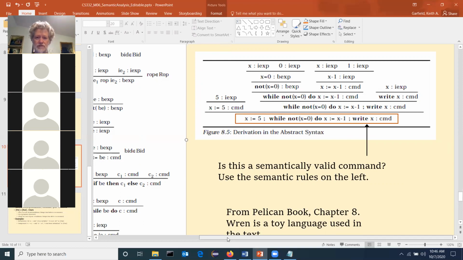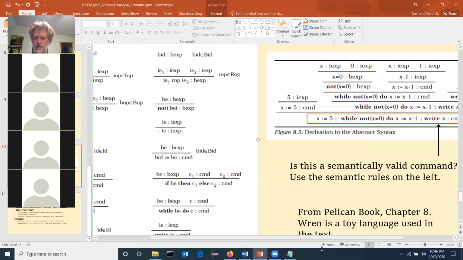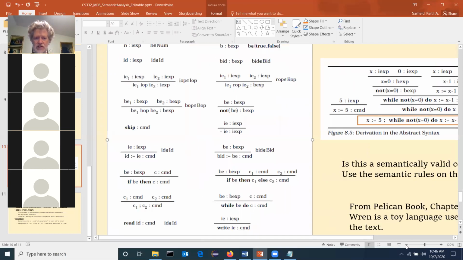And that rule is, I'm going to shrink this down, and there it is. If we have an integer expression, then an ID assignment operator integer expression is a legal command. So they've determined that x equals 5 is a legal command. Then